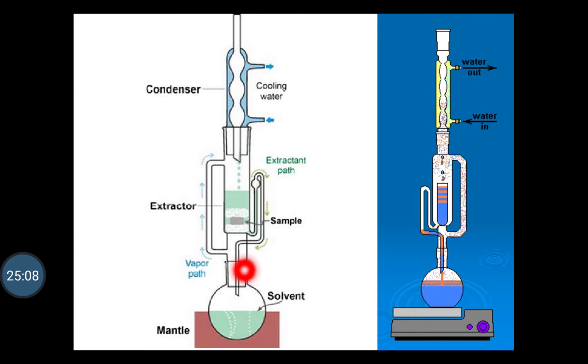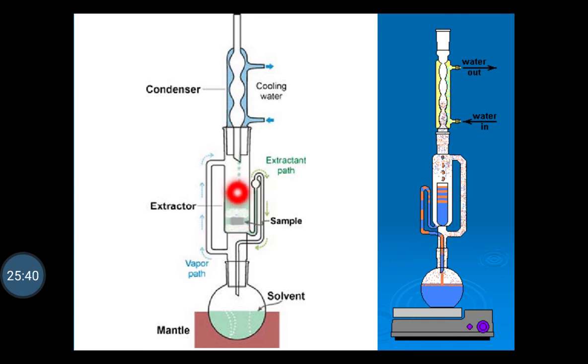Then this is the Soxhlet apparatus. It consists of this side tube. Then this is a siphon tube. And this is the place where you can place the crude drug for the extraction process, that is called the extractor. The crude drug is packed into filter paper and placed into this extractor. This is a condenser.